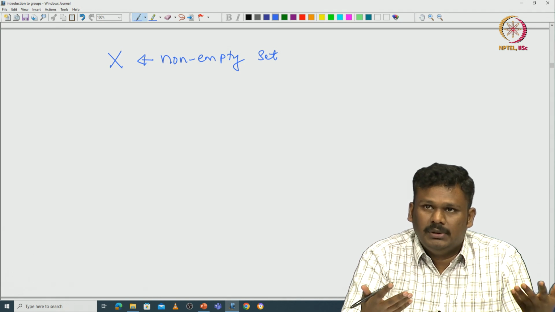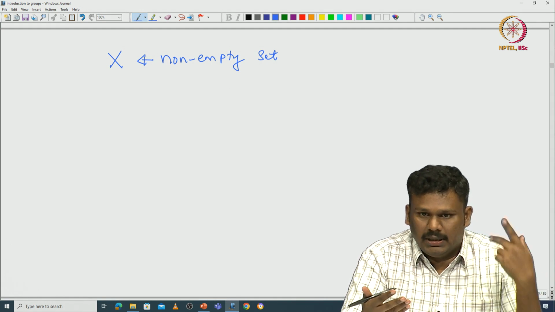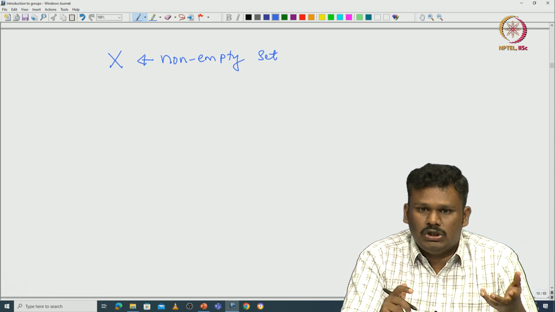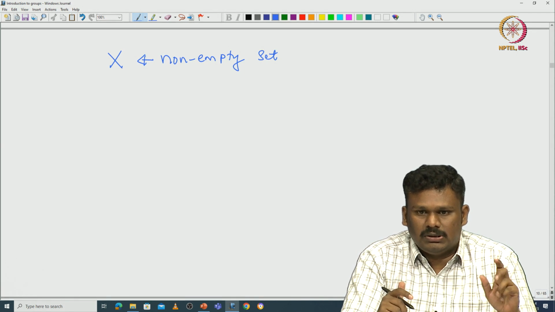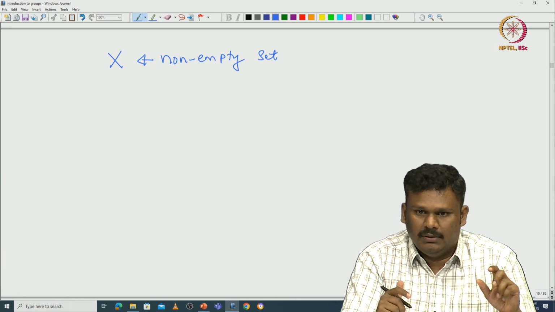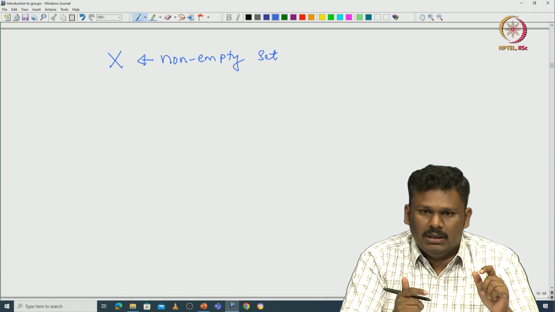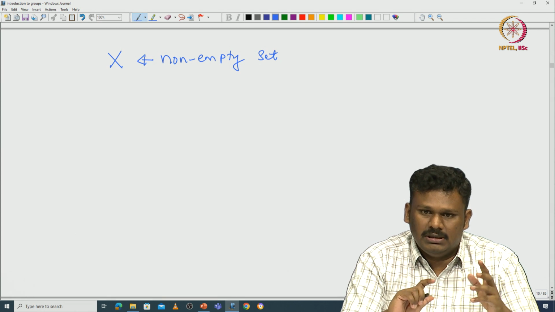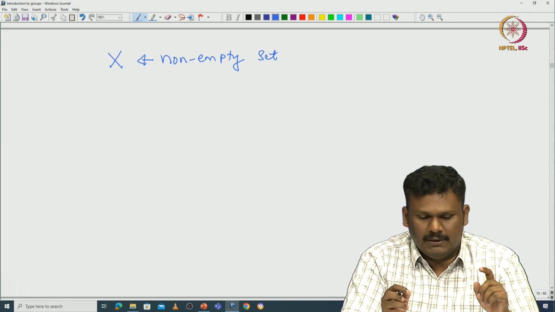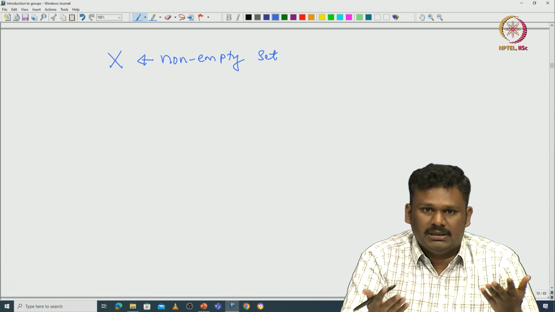Because a group is something that actually has what is called an inverse. So think about that example that we had before, the Rubik's cube, all possible moves on the Rubik's cube. Each move just took the small cubes, which are all part of the bigger cube. Basically the bigger cube is made from the small cubes. So what the moves did, the moves just moved those small cubes into some other positions, that is all. So in that way this capital X also you think of as a collection of elements.